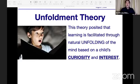And since we are talking about this one, we have to integrate this what we so-called as the unfoldment theory. Ibig sabihin, yung bata, in this theory, yung bata ay mayroong natural unfolding of the mind based on his curiosity and interest. Sinabi ko nga kanina, hindi natin mapipilit yung bata na magbasa if it's not with his or her interest. Anchor dito yan sa unfoldment theory. Sabi ng unfoldment theory, mayroong natural unfolding of the mind yung bata based on his or her